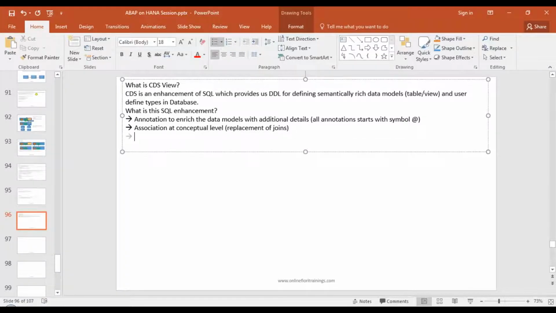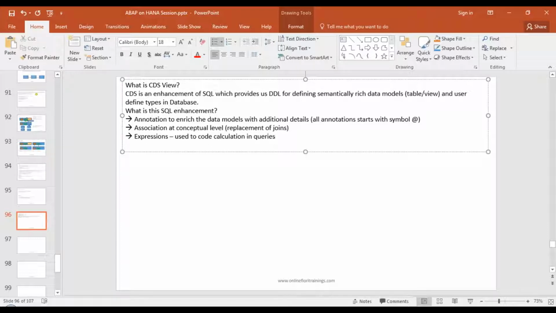Now the third thing which is again important is expressions. This is what also has been enhanced in terms of SQL. Expressions will bring your calculation itself into the query. So you can use case expressions like we saw in SQL. In ABAP on HANA, we can write case statements to do some manipulation. We can write string expressions. We can write literal expressions. We can do some calculations. All these things are basically expressions, used to embed calculation code in views or in queries.